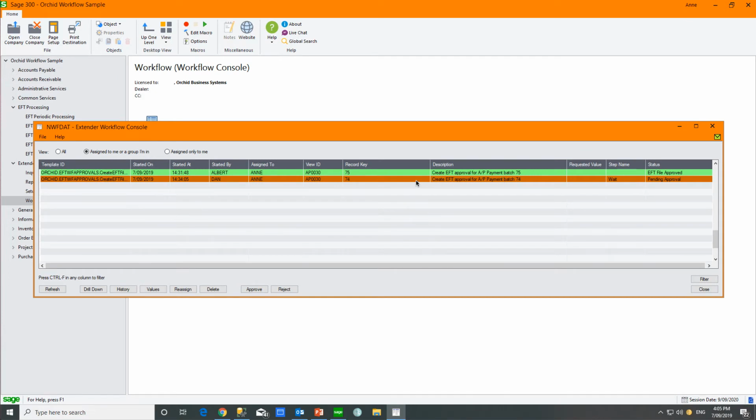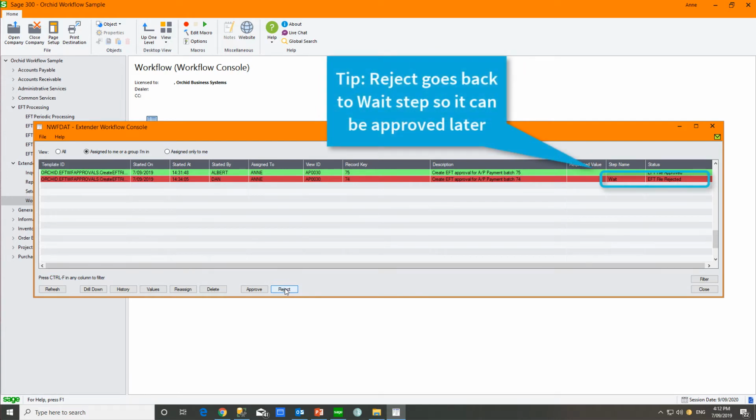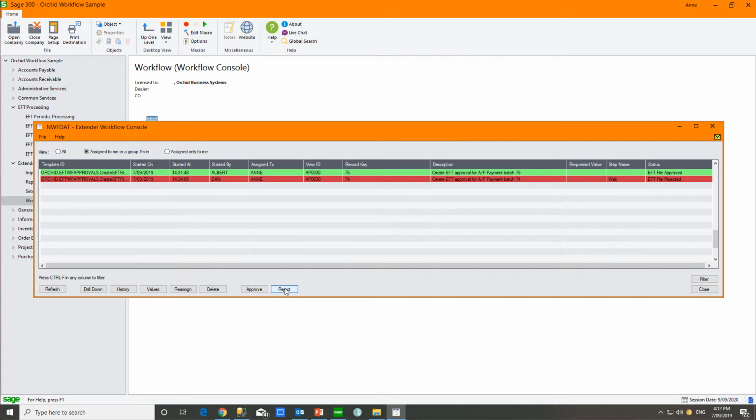So just having a look at the workflow console, signed in as Anne, I see the workflow instance that I approved previously, and the color is green, the step name is blank, and the status is EFT file approved. And the second batch or workflow instance that I haven't worked on at all is sitting in the workflow console as orange, and the status is pending approval. If I was to go ahead and reject batch 74, the workflow is updated, the status becomes EFT file rejected, and the color goes red. And the next step is still wait. But if I go ahead and approve now,